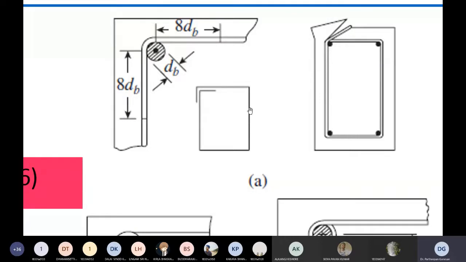So this is the stirrup, and it is given in a sample figure here. It will come like this, go like this, and then they will bend it like this. If it is already bent, you will not know, that is why they have shown it like this. After that, they will bend 90 degrees. So this length should be 8 times the diameter of the bar.